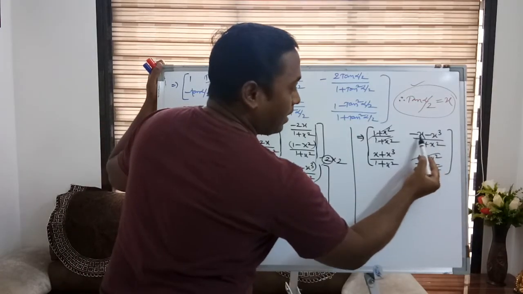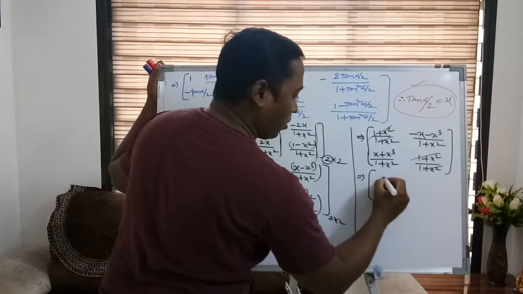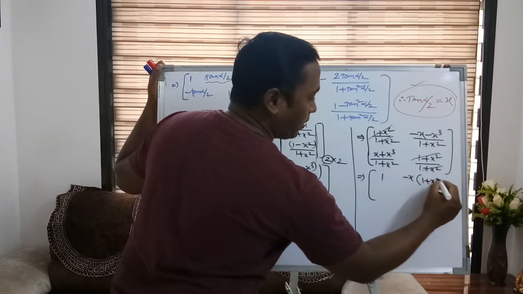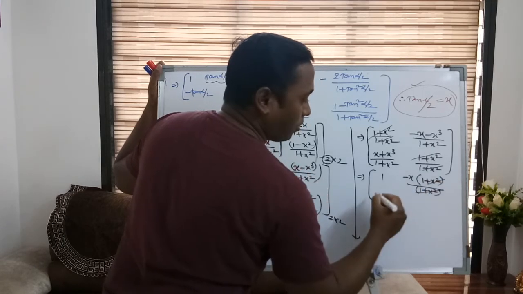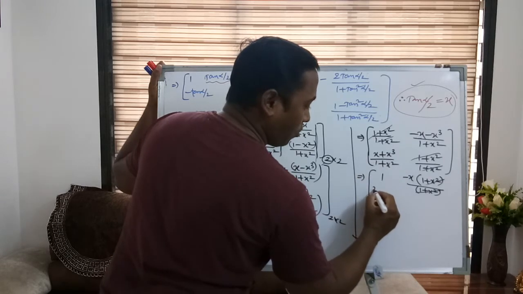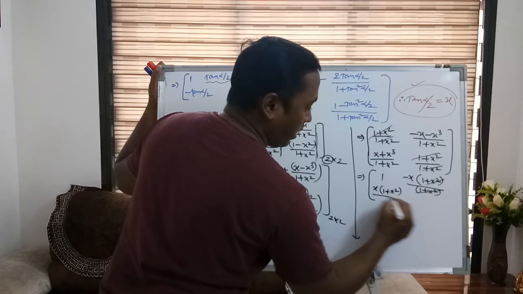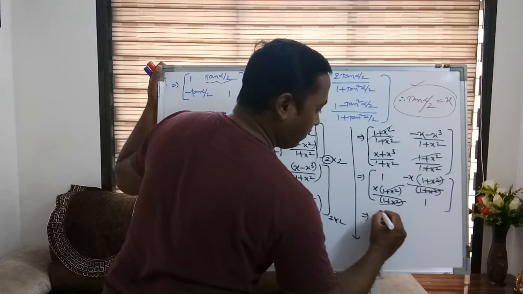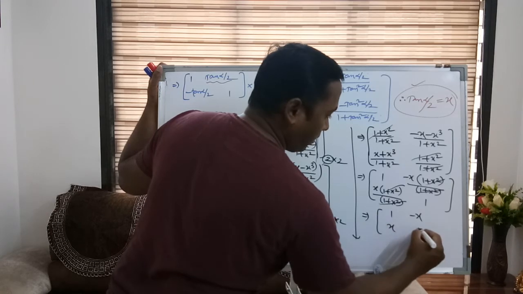If you take minus x as a common quantity from the remainders, you will see what? It will be 1 plus x square, and here also we have 1 plus x square, which gets cancelled. Similarly, if you take x as a common factor from this quantity, you will get 1 plus x square by 1 plus x square, which gets cancelled, it is 1. So finally you are left with 1, minus x, x and 1.